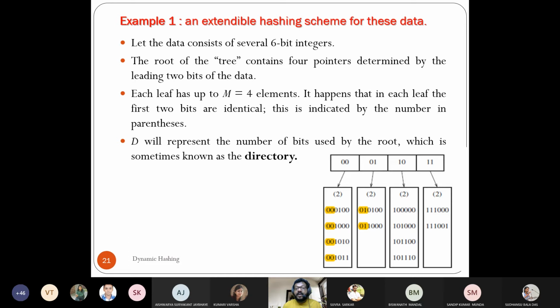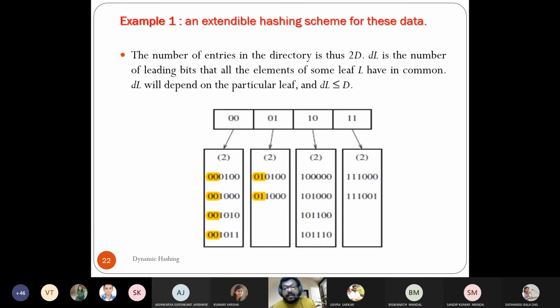So 001 will contain the second, third and fourth items from the first bucket. Okay. And similarly you come to 0101 100. So the whole thing will be reorganized. Okay, so this is the example of extendable hashing, or you can say directory-based hashing.